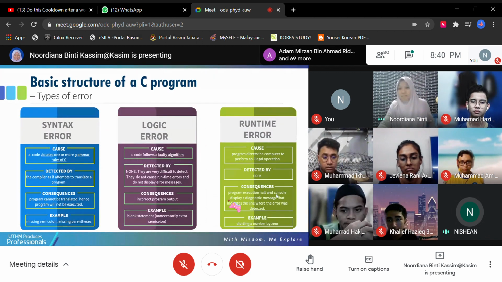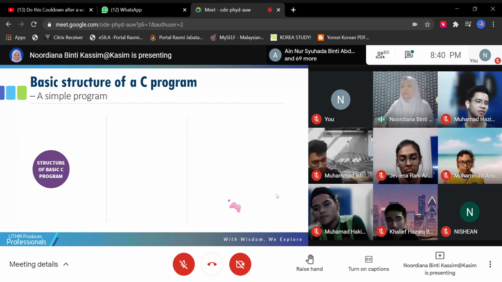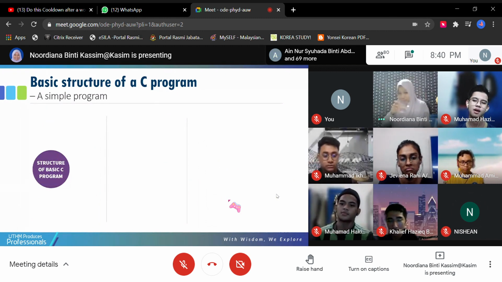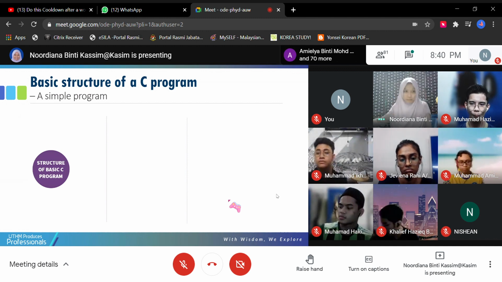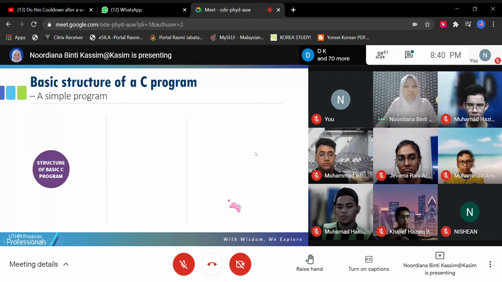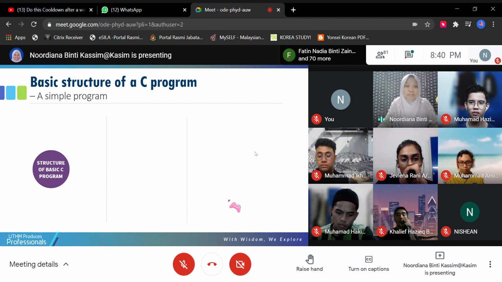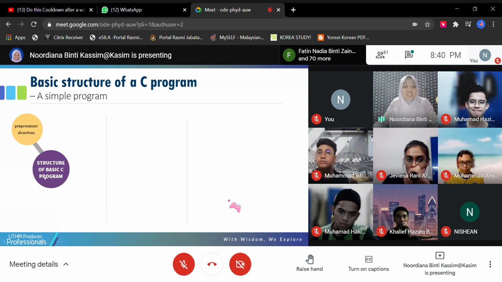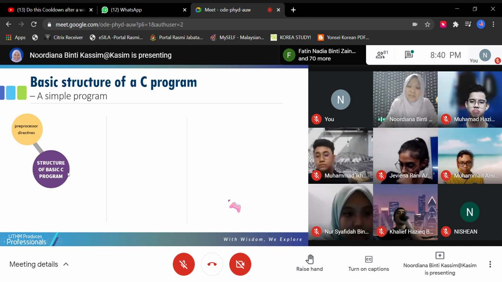Faham. Okay, now kita akan masuk kepada basic structure of C program. C program dia ada structure dia. Apa yang kena include dekat dalam you punya program. So, structure of basic C program yang basic dia